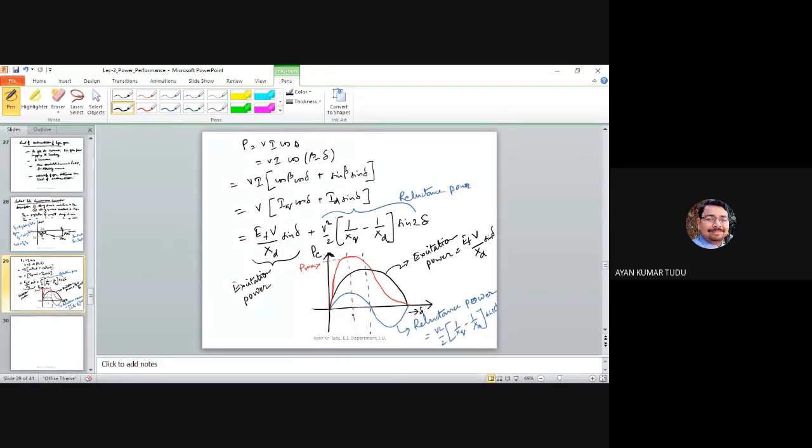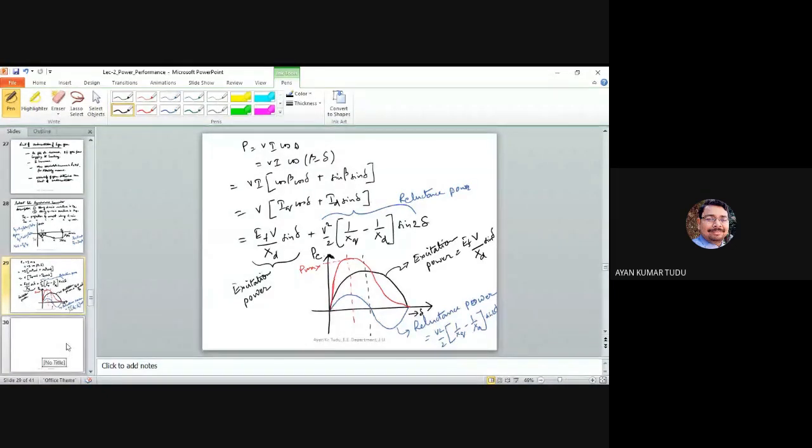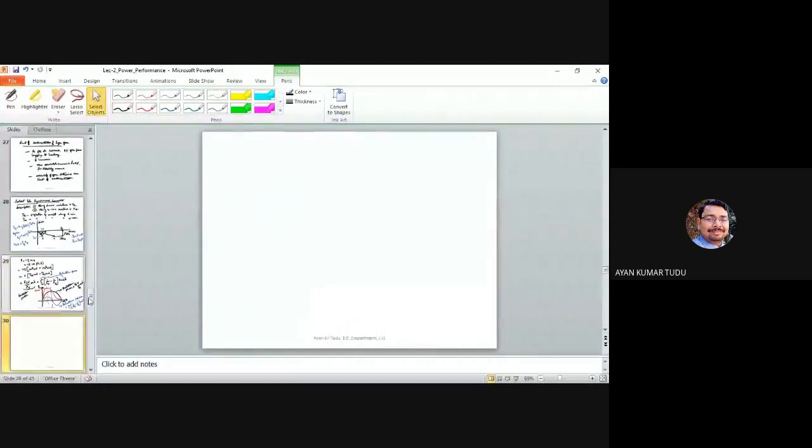So as you can see, we are getting accustomed with another term, which is known as our reluctance power. So what is this reluctance power? It is actually nothing but it depends upon the saliency. The reluctance power equation is V square by 2 into (1 by Xq minus 1 by Xd) into sine 2 delta. So number one, it depends on the saliency of the rotor, which is defined by the factor 1 by Xq minus 1 by Xd.